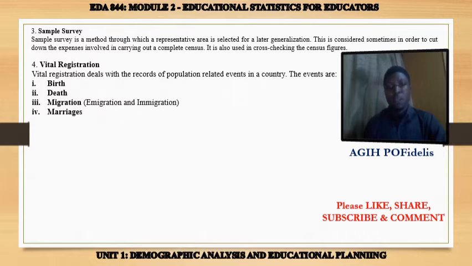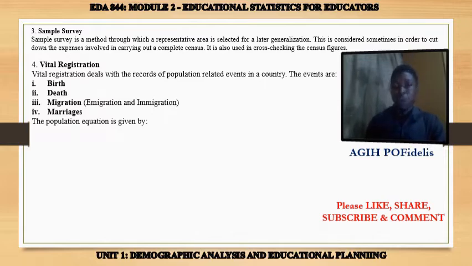They are vital events that must be recorded for effective planning. In many developed countries, these records are compulsory, unlike developing countries like Nigeria. Continuous vital registration helps the planners to plan well and plan effectively, because the planners who have been able to